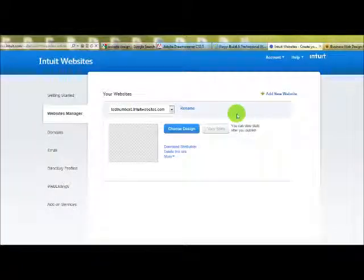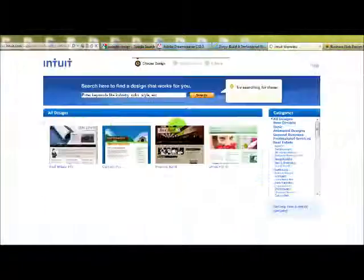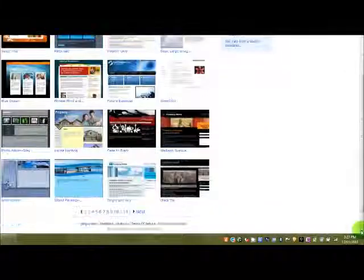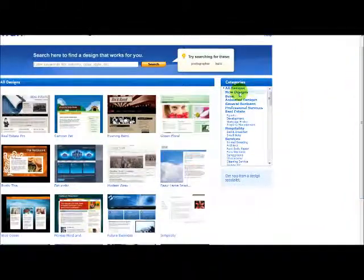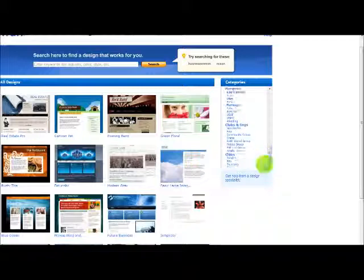So I'm going to click on choose design, and this will give me access to over 2,000 templates. And I can look through them either by the pages, and you can see there's over 100 pages of templates here, or I can browse through by industry. And once I've found one that I think I like, I can click on it to get a better look. And this one looks pretty good, so I'm going to click on choose this